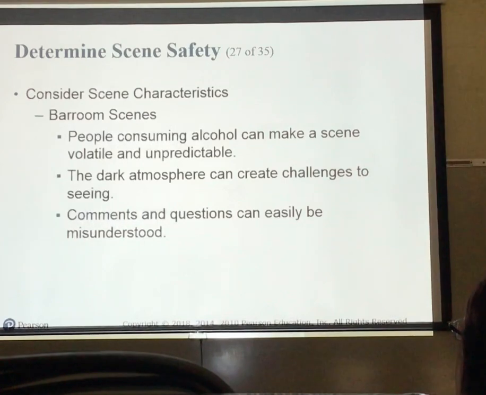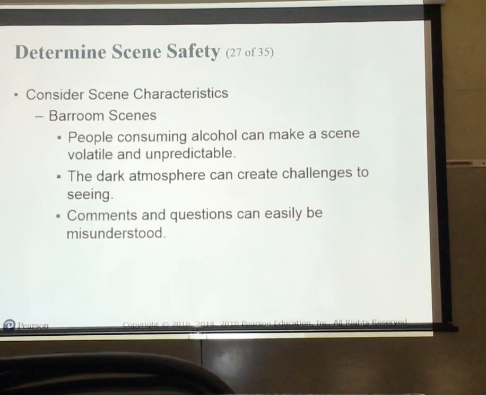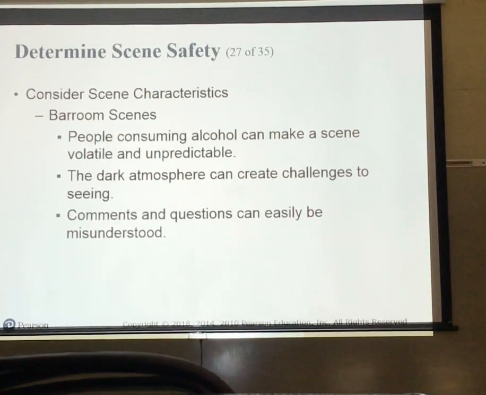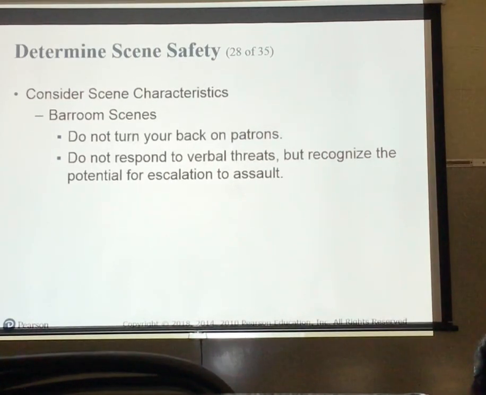Scenes in which the patient or bystanders are prone to sudden changes in behavior put the emergency personnel at risk for violence and personal injury. The problems are compounded in a bar room where patrons often know each other and their actions may be affected by long-standing friendships or feuds about which you have no knowledge. It is critical that you don't antagonize patrons. Routine questioning or comment can easily be misunderstood by an inebriated patient or bystander and lead to a violent confrontation. Have your partner stand and survey the patrons at all times.